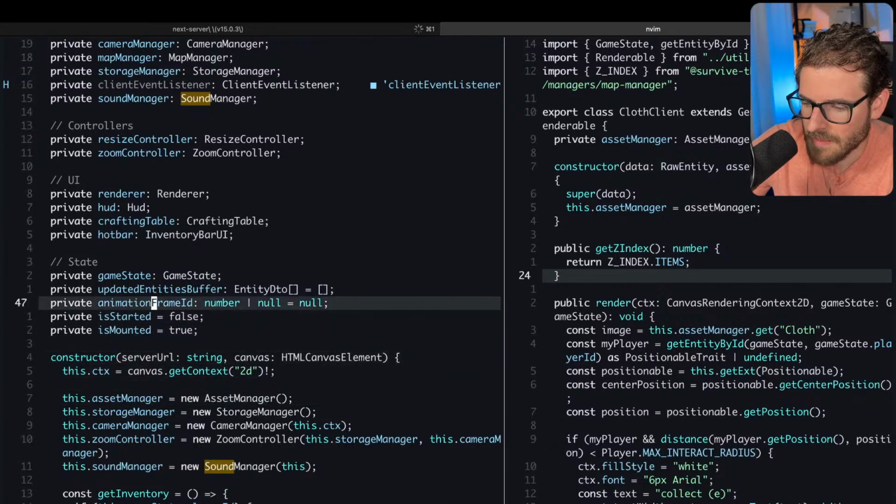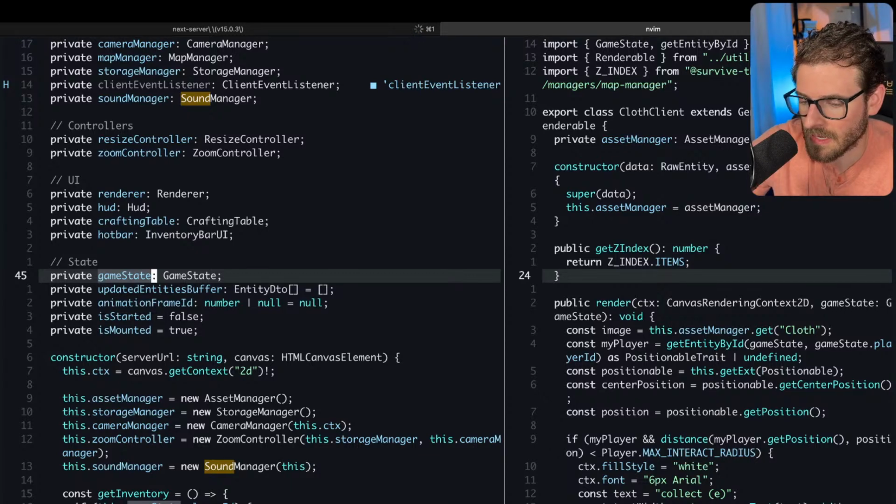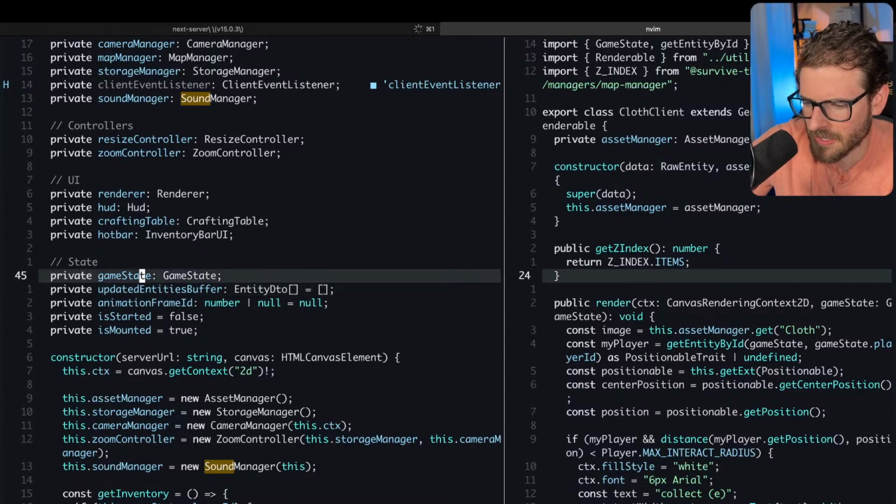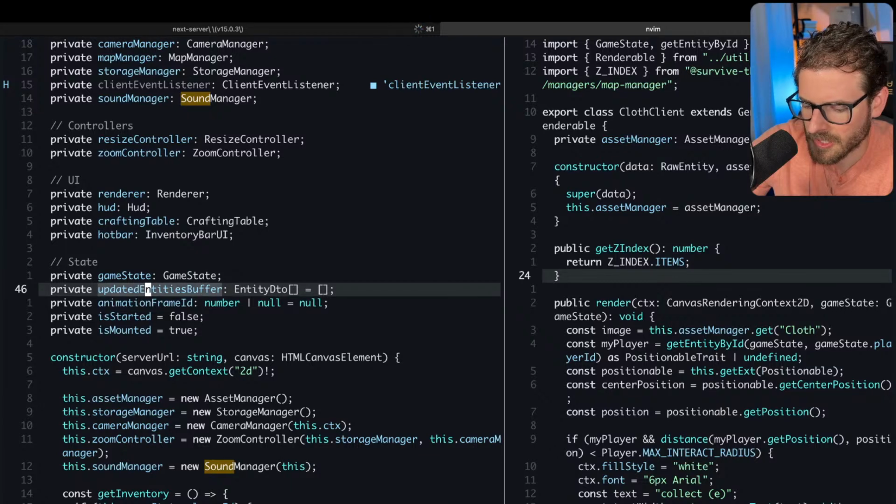And then, of course, the game state. So on the front end, it has to keep track of where do all these entities live that come over from the back end WebSocket events. So we basically have this game state thing we keep updated. And then when an event comes in from the back end, this is something I need to think about refactoring. We're going to do delta compression at some point, so we're not sending over so much data. But there's this updated entities buffer.